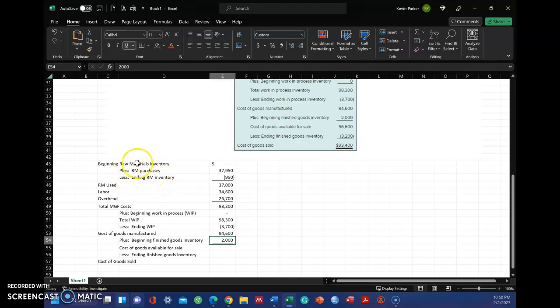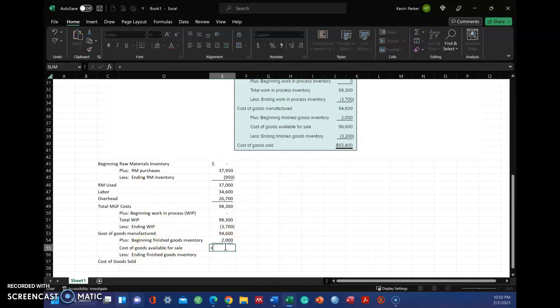We could have added in these sections here and had the same thing, you know, work in process available. But we call it total WIP there. And then we could have had a line in between line 45 and 40 here that said raw materials available for use. Could have had that. Sometimes people do that. I don't think it's necessary. I like this. Anyway,